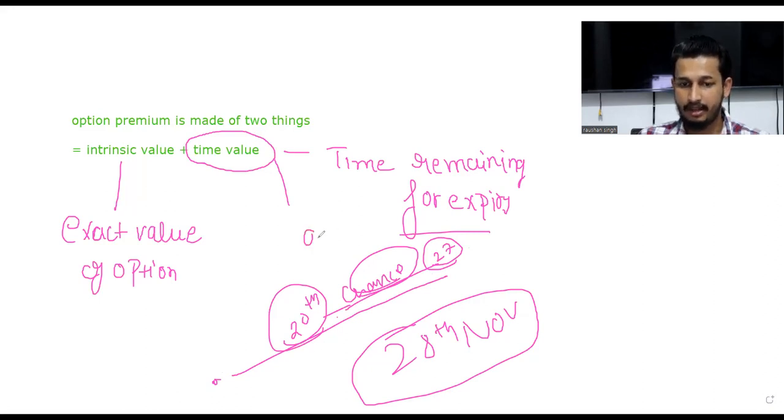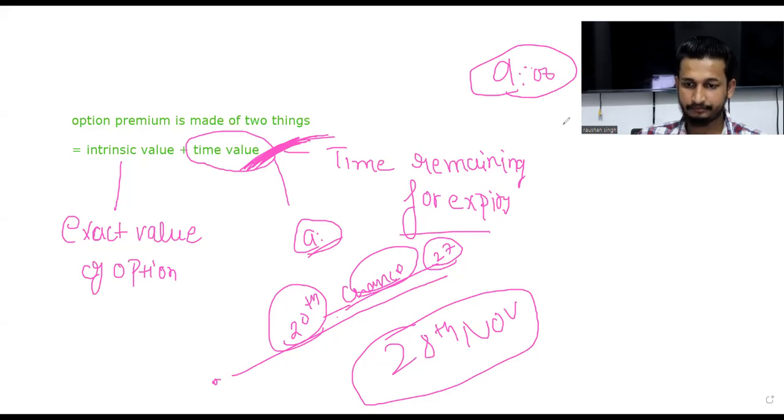ऑन द डे ऑफ एग्जाम हाउ मच टाइम इज लेफ्ट फॉर यू? 9 o'clock होने को है, कितना टाइम बचा हुआ है आपके पास? सो व्हाट विल बी द वैल्यू ऑफ टाइम? टाइम की क्या वैल्यू हो जाएगी? 0। एवरीवन अंडरस्टैंडिंग? अगर आपका एग्जाम 9 o'clock को है तो उस दिन टाइम की वैल्यू क्या हो जाएगी? 0।